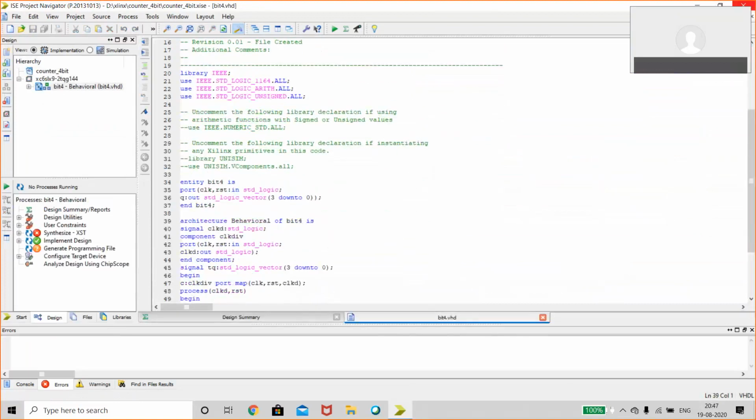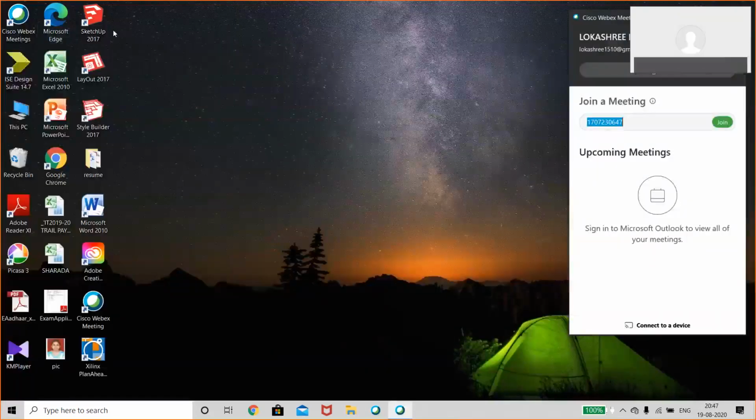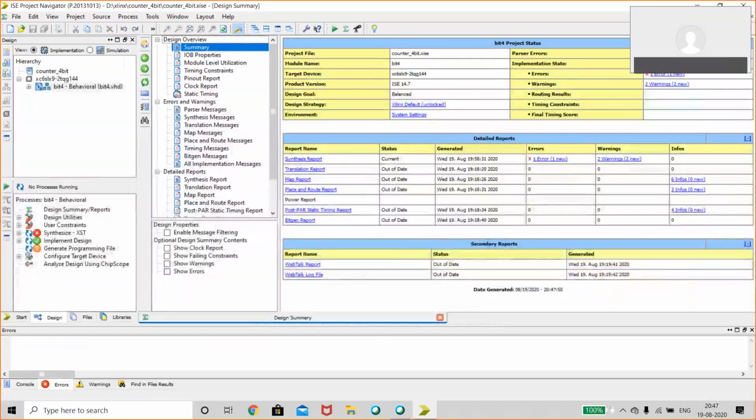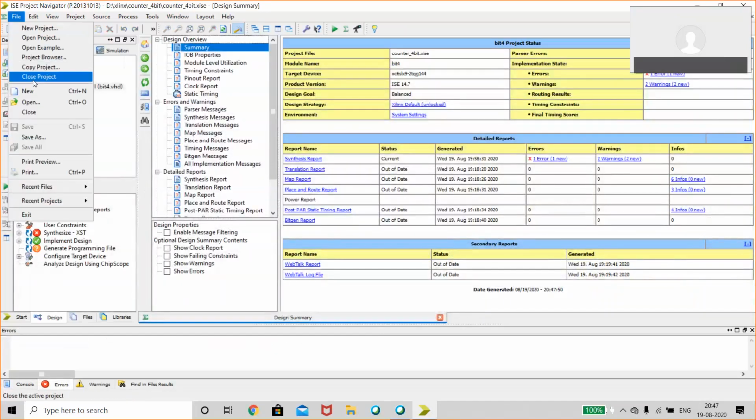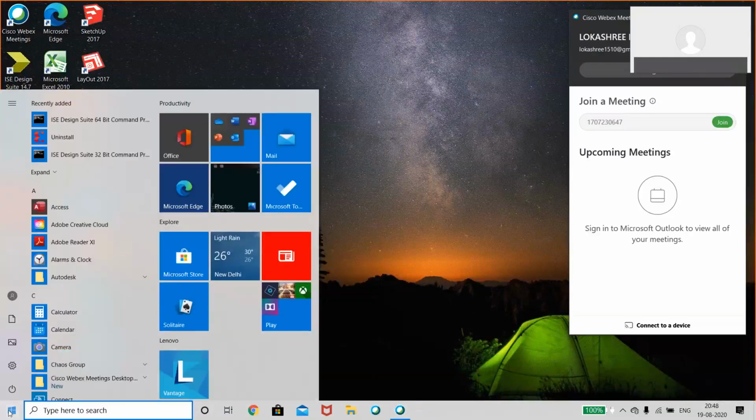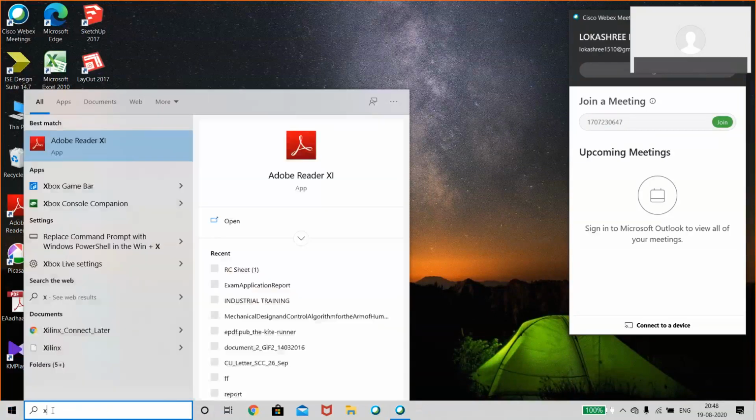Okay, close that application first, and don't open it again. Now go to the start menu and find where Xilinx is installed.